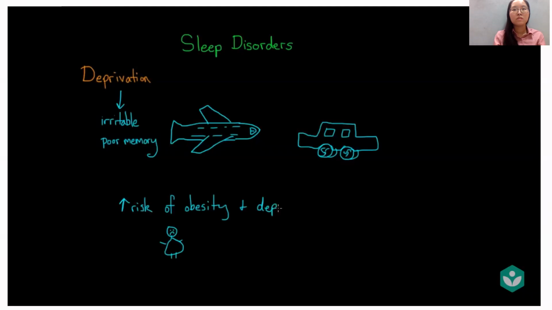One theory about this link is that REM sleep helps your brain process emotional experiences, which in turn helps protect against depression, though we're still not entirely sure about this link. Most people experience sleep deprivation at some points in their lives. But the good news is that most people can get back on track by getting a few nights of good sleep, sort of paying back your sleep debt.